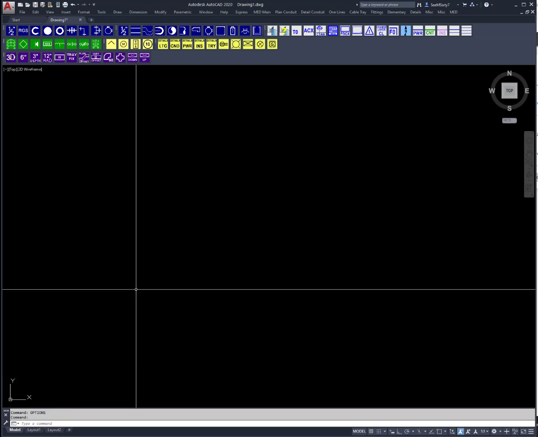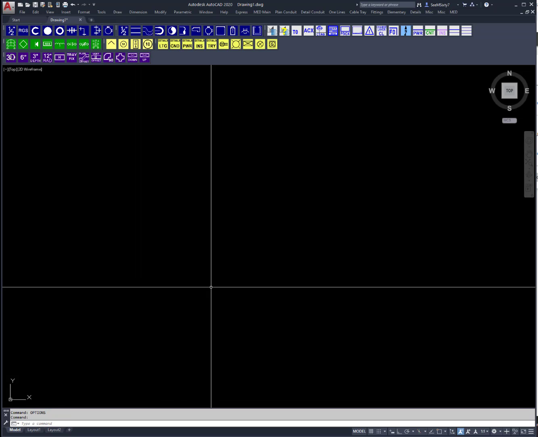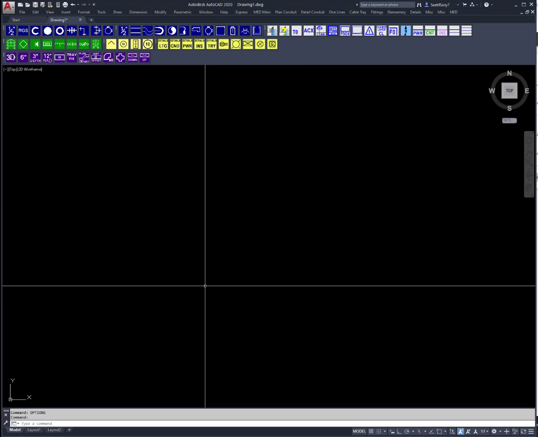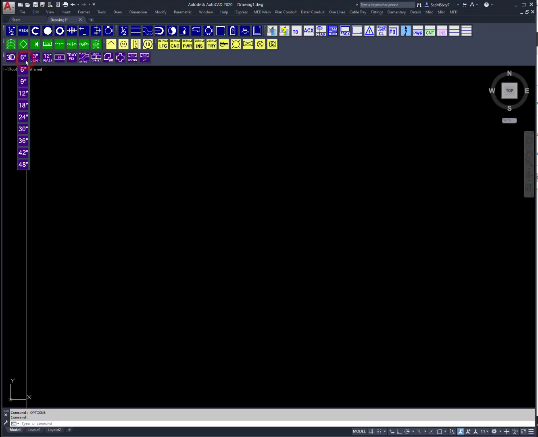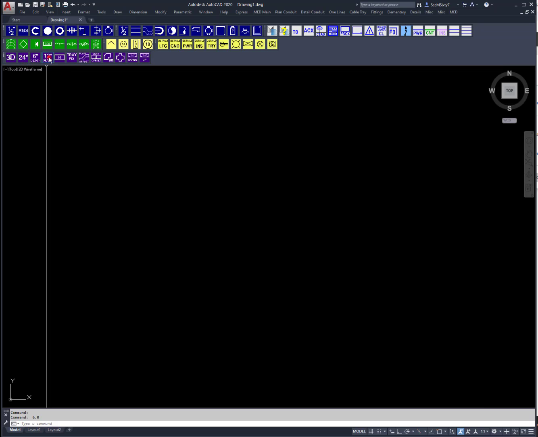Okay, we're going to get started and actually route some cable tray. Now, typically when you start MED, you're going to have some default settings. Those settings are going to be for your cable tray, pretty much 24-inch radius and 24-inch size and 6-inch depth. You can change those by clicking on the toolbars and actually selecting the size. I'll select 24-inch. I'm going to select the depth of 6-inch, and I'm going to select the radius for the